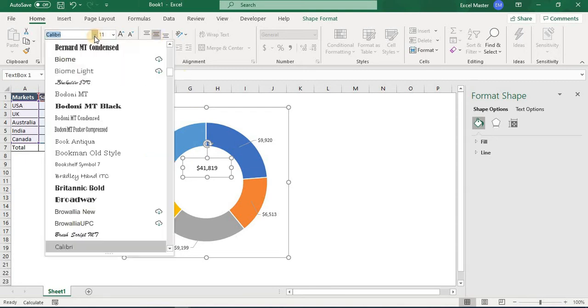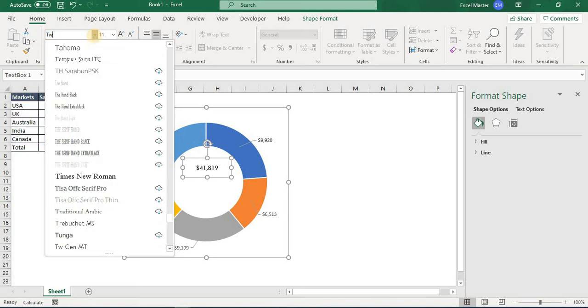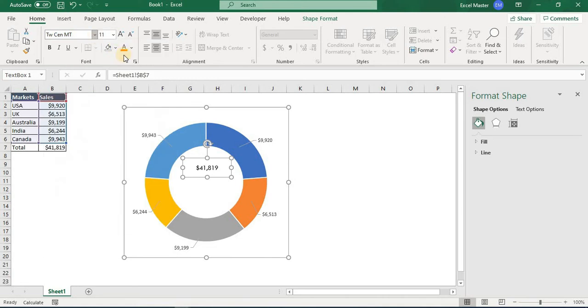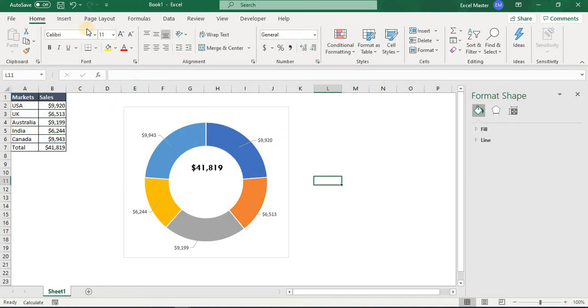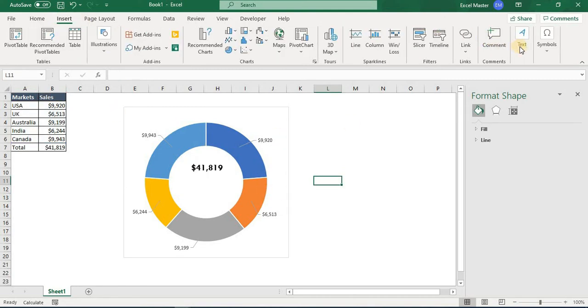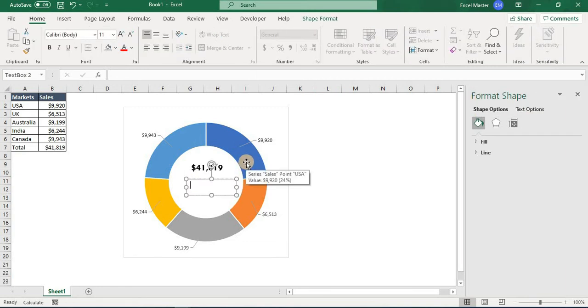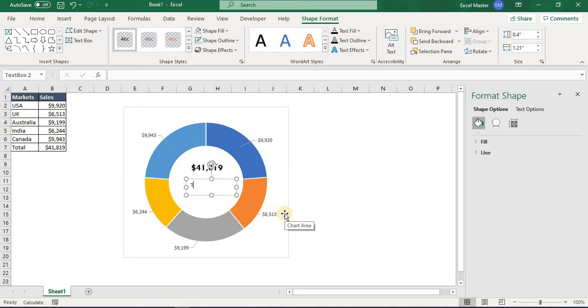We'll change the font, and the font size to 16. We'll make it bold. We will insert one more text box. Here we will write Total.